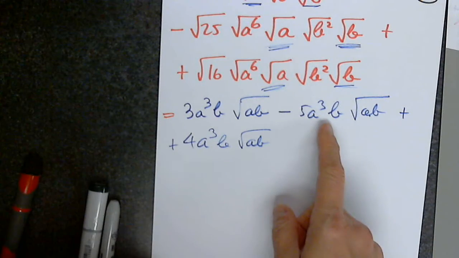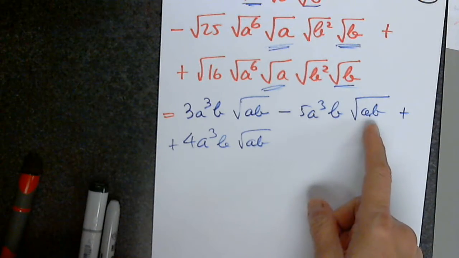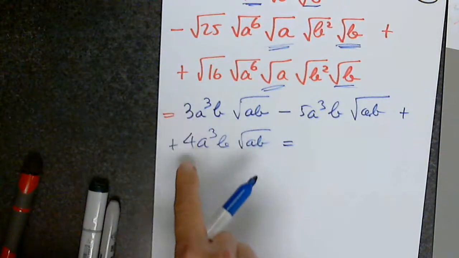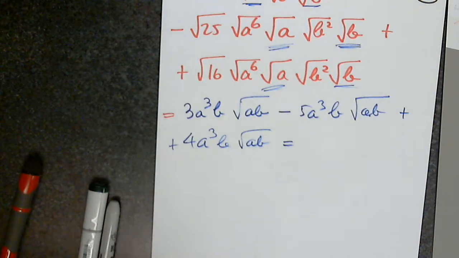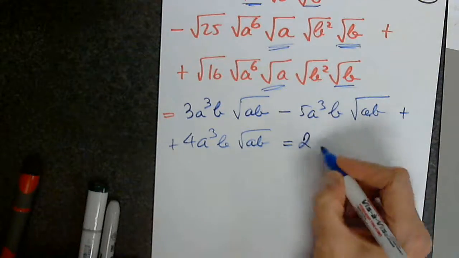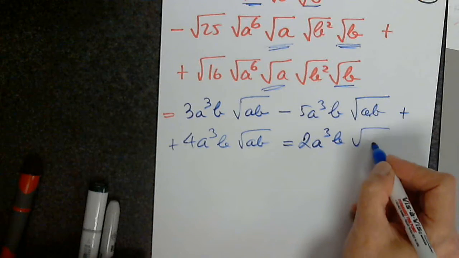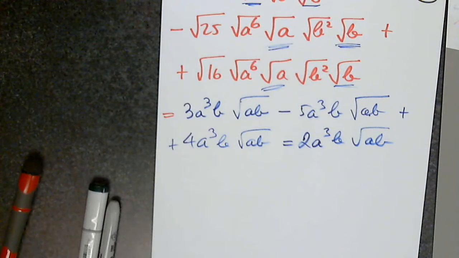A cubed b in all of them, square root of ab in all of them. So the answer, simplified form, is 3 plus 4 minus 5, 2 a cubed b, the square root of ab. So I highly recommend